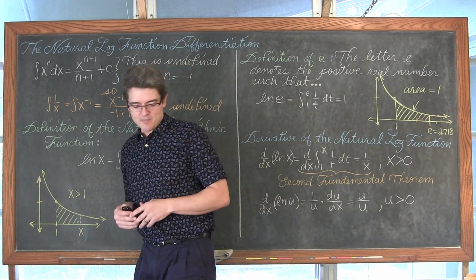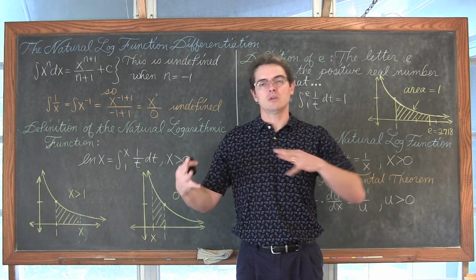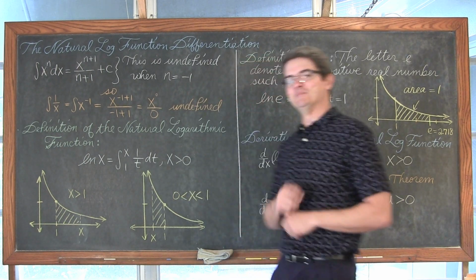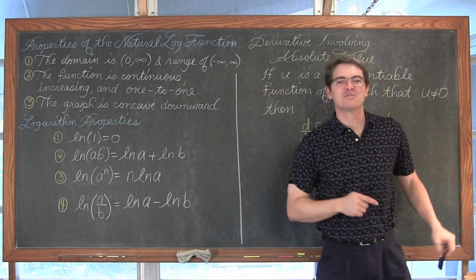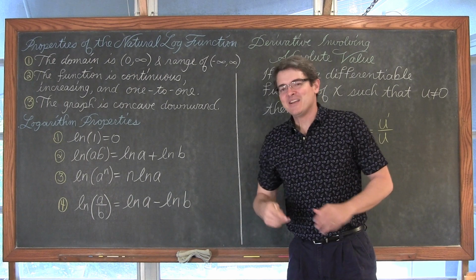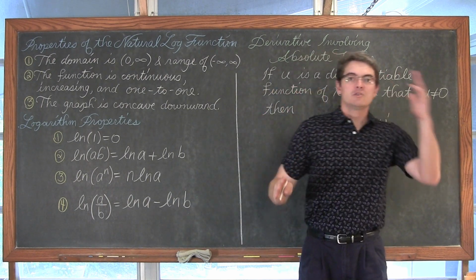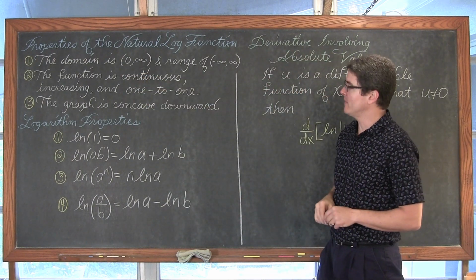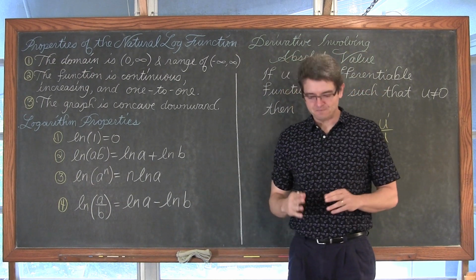Now, before we get to some examples, I want to remind you of some properties of logarithms so that you can work out these examples. So one more page of notes before our first example. Properties of natural log functions. Your domain for the natural log function is going to be from 0 to infinity, and don't forget that a round parenthesis means that 0 is not part of the domain, it's not inclusive. And the range goes from negative infinity to positive infinity.